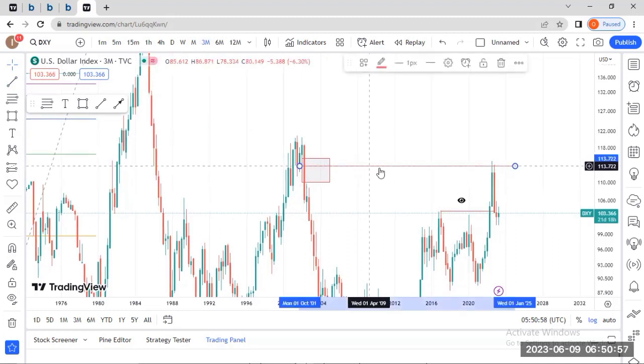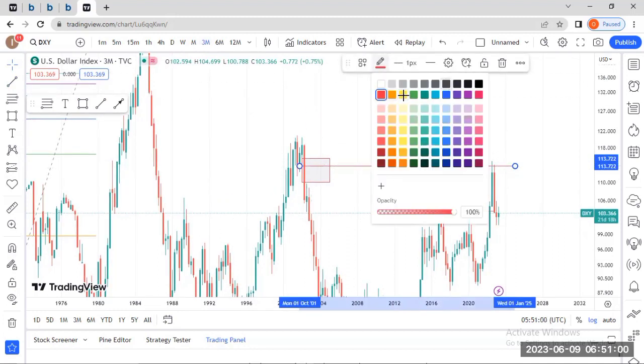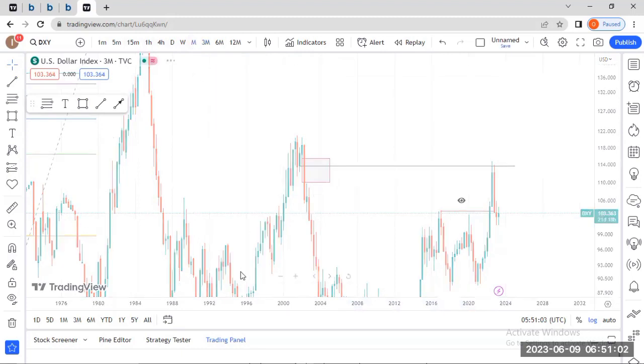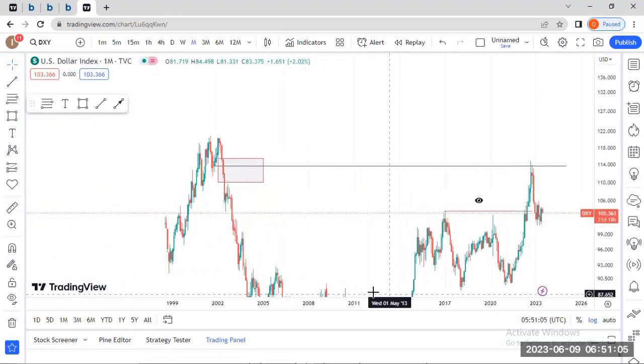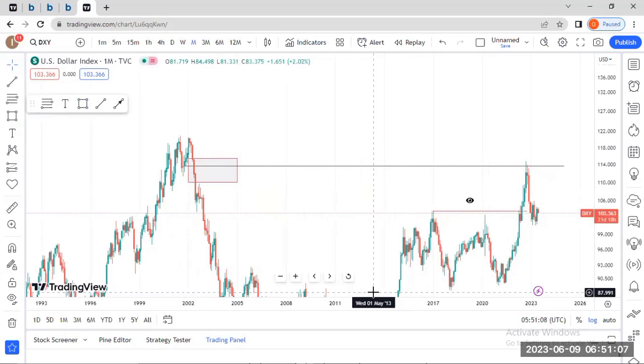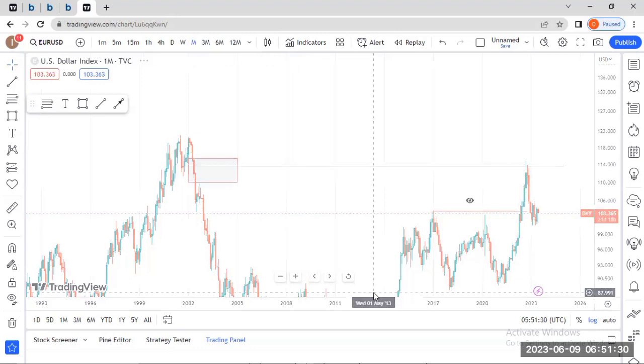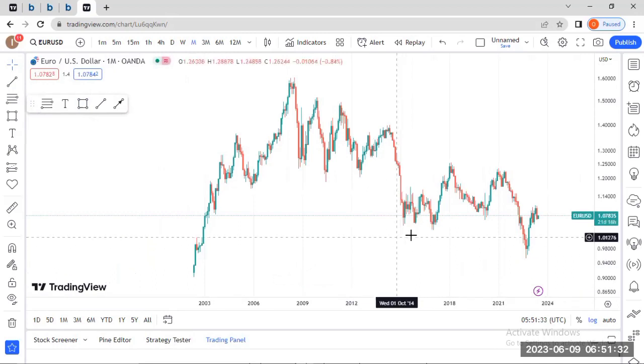So this is our 3 months level. Then we break it down to the monthly time frame. Now, I want to point out something: when analyzing your DXY, the euro also comes in handy because it gives you clarity to what you want to see in the marketplace. There are sometimes you might not really see something very clear on the dollar index, but the euro will show you with a clear depiction where the market is going to. So if you just check the euro USD,